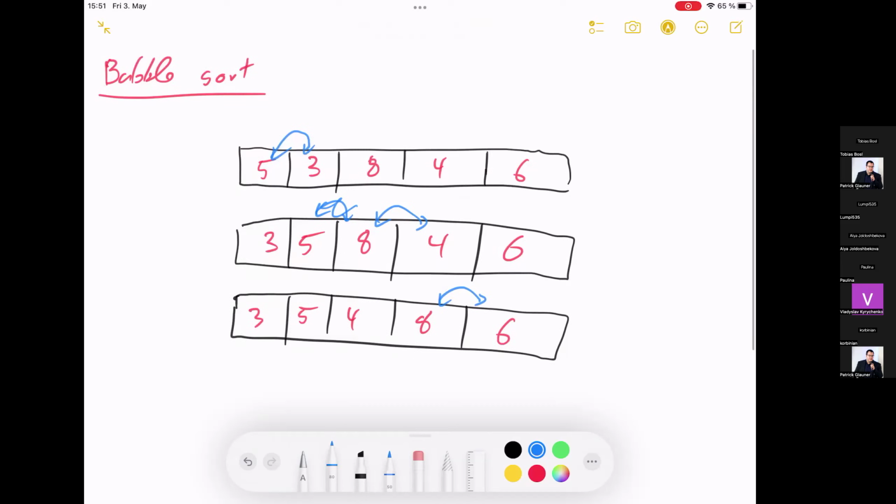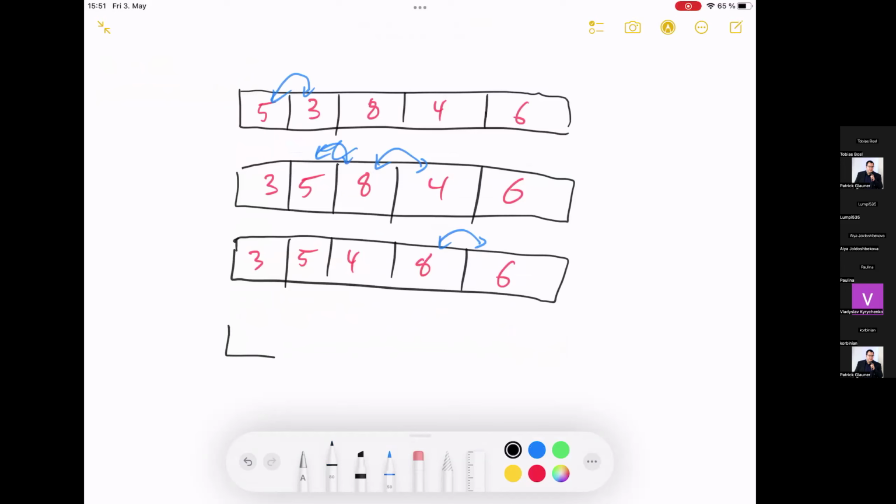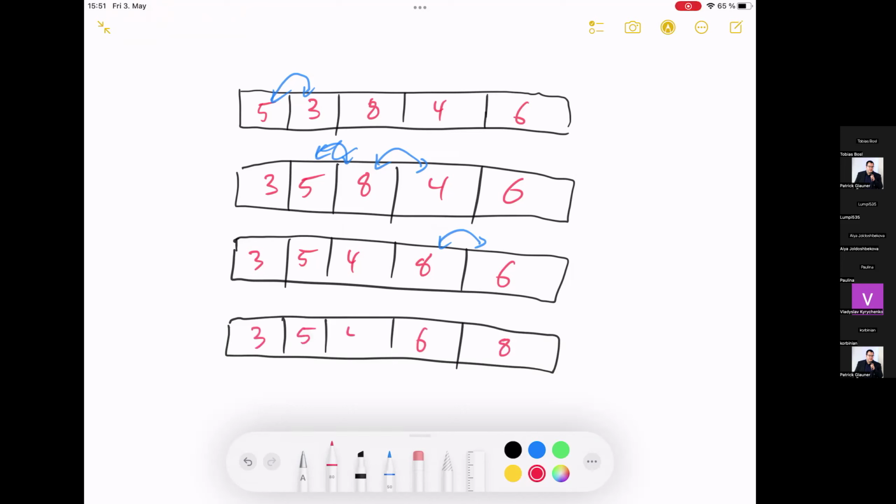And I see 8 is greater than 6, so I have to flip them. So 3, 5, 4, 6, 8. This was now one iteration through the data set from left to right, and I brought in a little bit